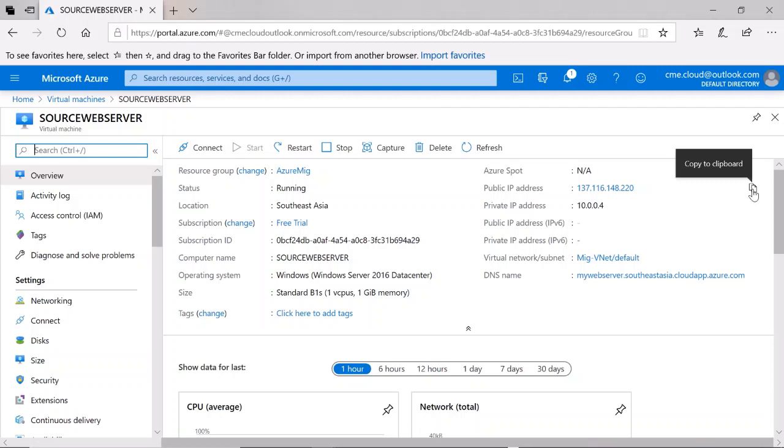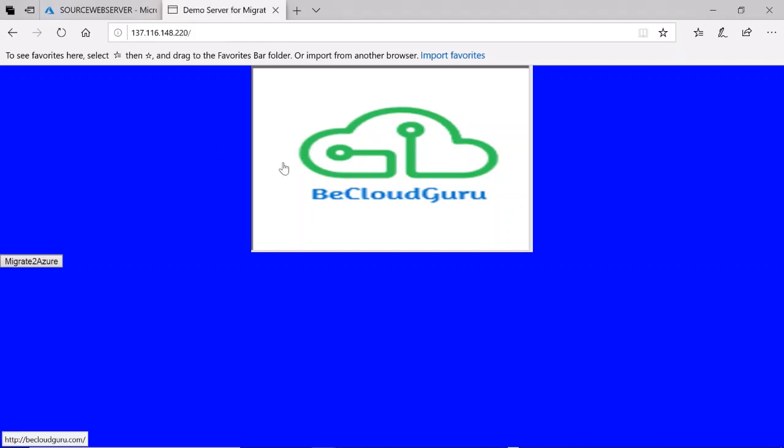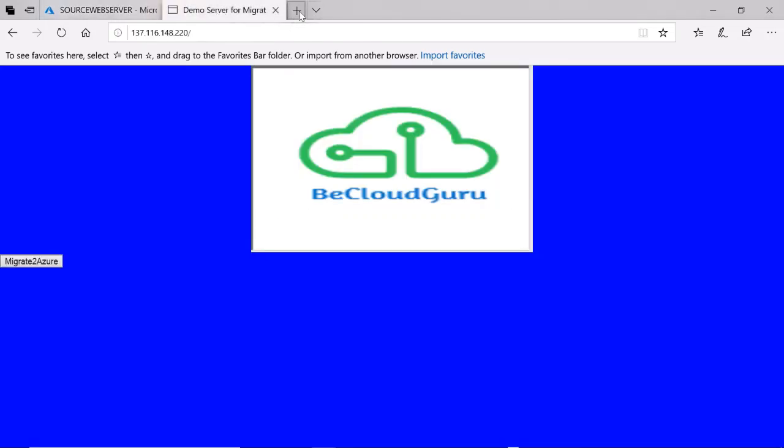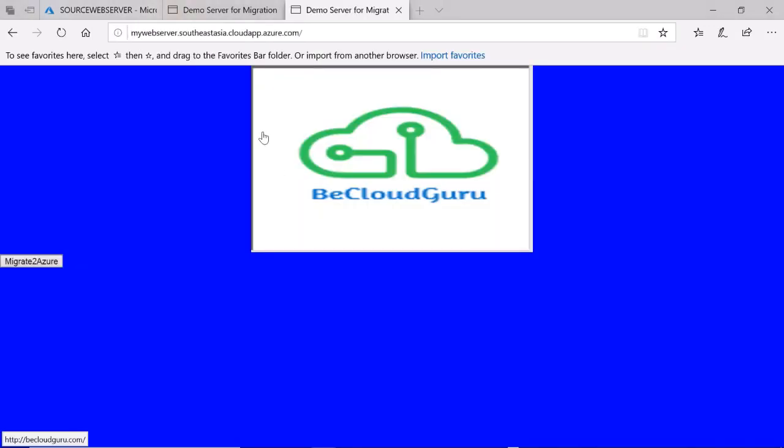Click on copy. Let's see whether it's working or not. Here you can see the same page that was there when it was in AWS. So my web server has been successfully migrated to Azure, and it's working fine with the change in IP address. I have also assigned a DNS name to this IP address. You can see here, if I copy it, if you don't want to use that IP address, you can use this DNS name. It's kind of a URL. See, it's working. So that's it guys. That was all about the